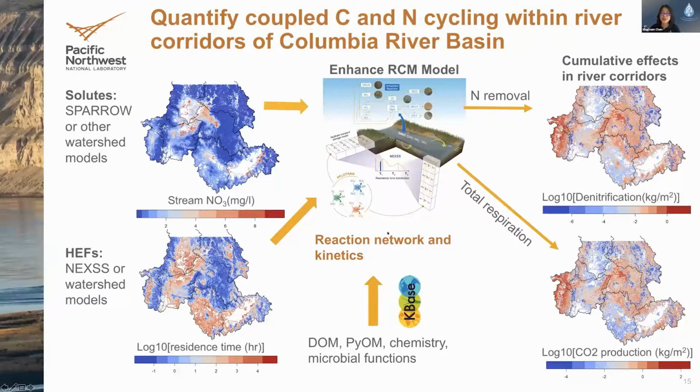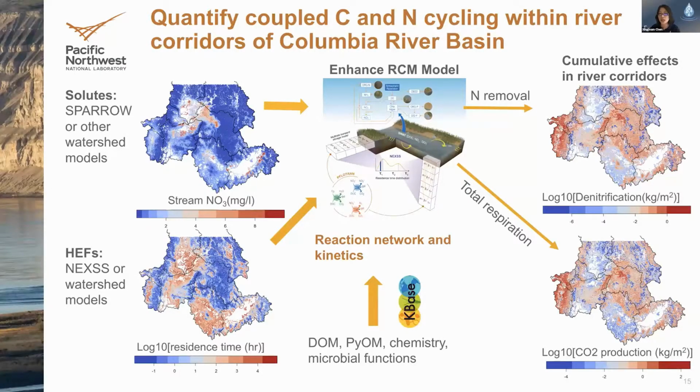We can use a reduced set of reactions that do not change over time and over space, like the one we used in our high resolution 2D simulations. But then the improvements we can make is we can bring in heterogeneity in the system, and we can also bring in dynamics in inputs to our river corridor through integrated watershed modeling, which we